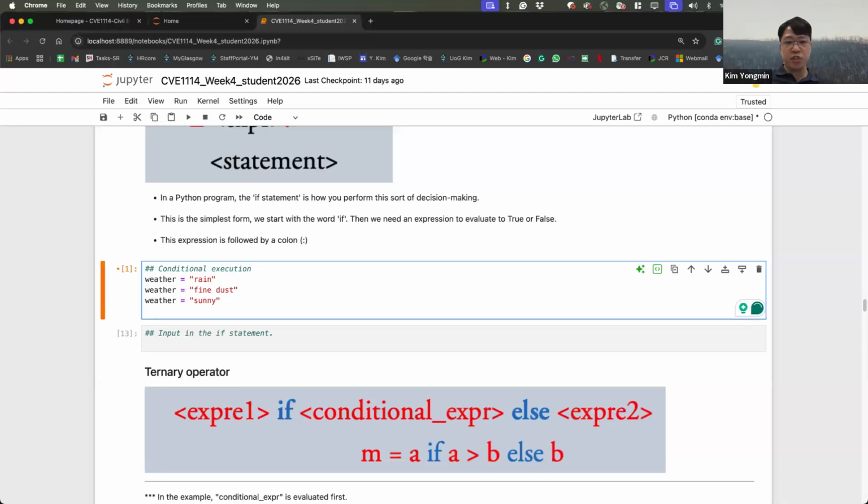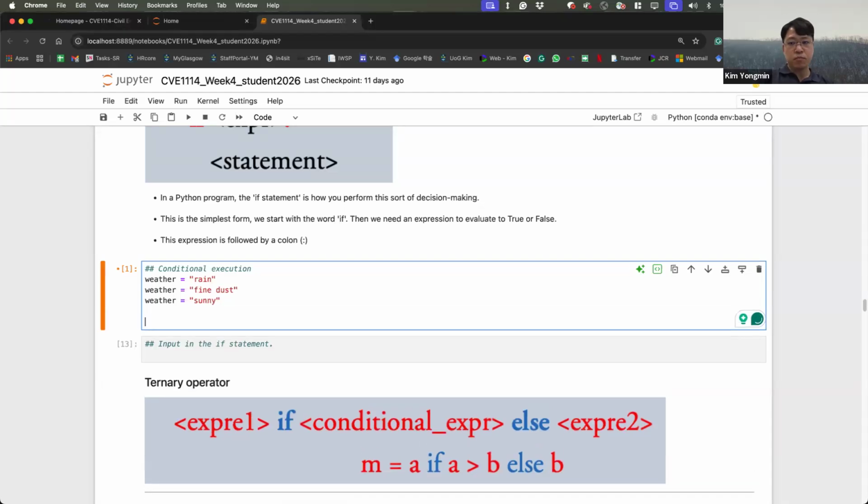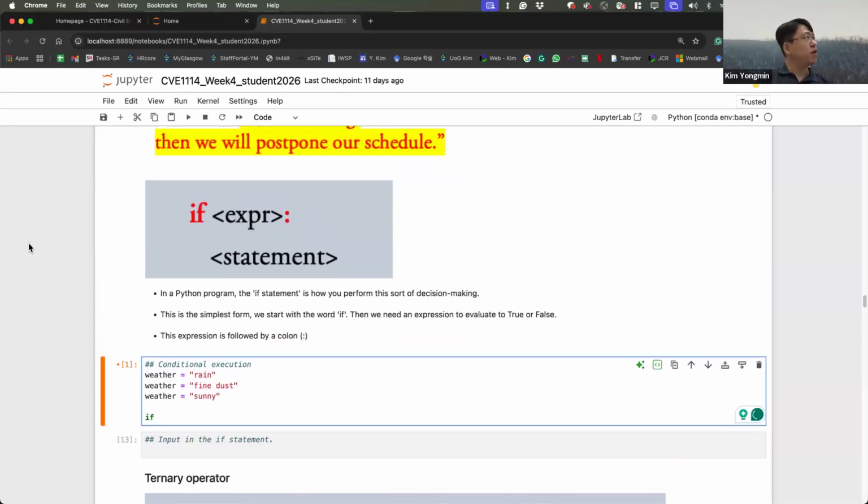We have three options. I put if followed by these expressions: if weather is rain. Double equal means exactly the equals meaning in Python.